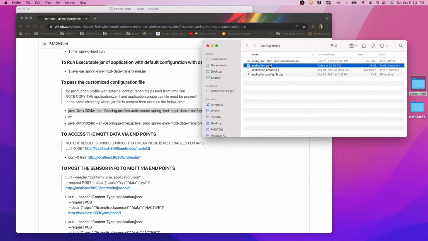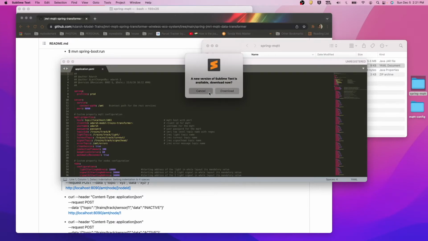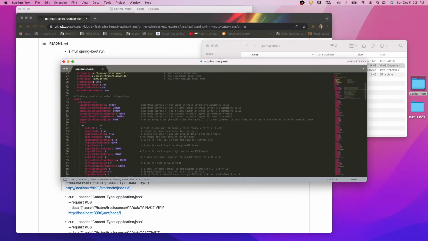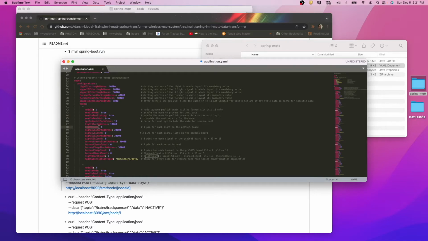So first we'll do a little bit of change in the configuration file here. What we need to do is, we have for node 1, enable, publishing in API is enable, publishing in MQTT is enable. We need one light count, 2 LED signal count 0, 3 LED signal count 0, servo turnout is 0, snap turnout is 0.